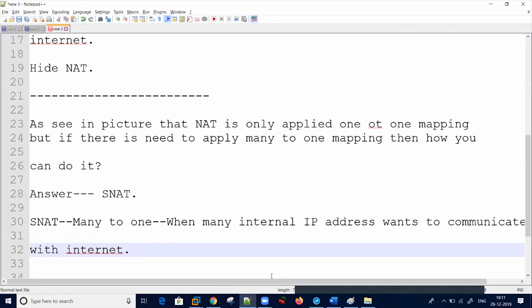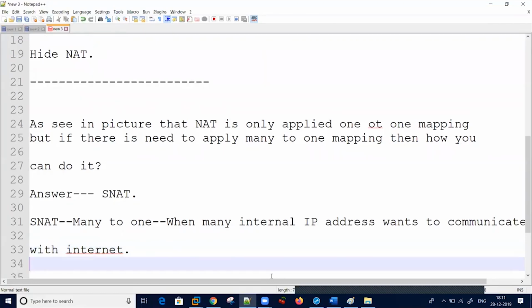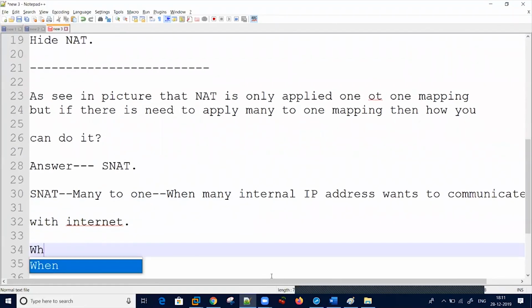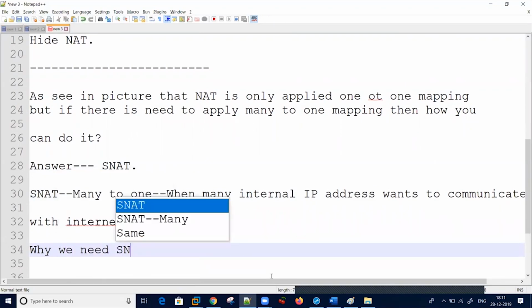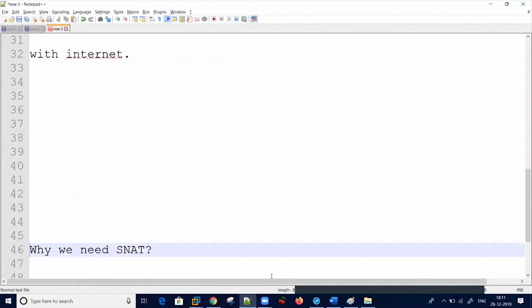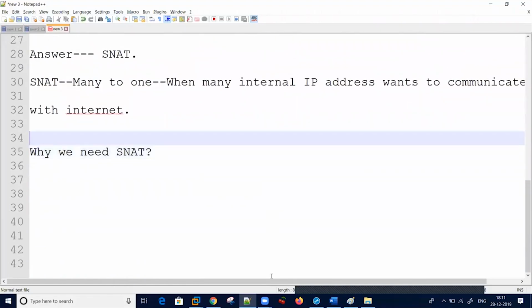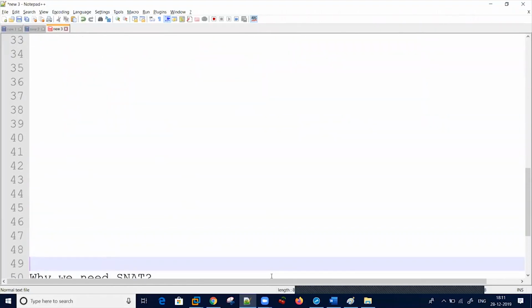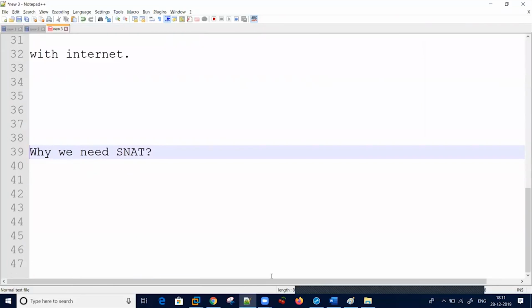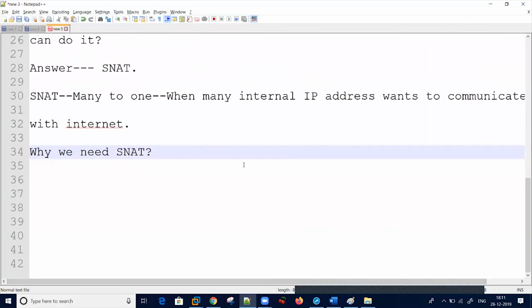So the first question is: why do we need SNAT? What is the advantage of SNAT? Why has it come in F5? This is the question. So the answer to this question is